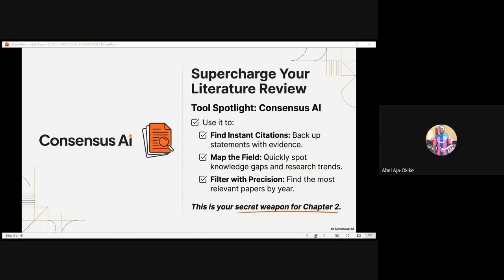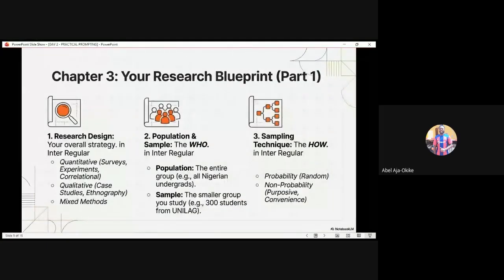Okay, thank you. So we are back here, and the next thing is we are going to look at this and see how an effective chapter 3 works. For most advanced researchers, they always say that this is actually the easiest part. If you're able to understand your methodology, you'll be able to write your research faster.